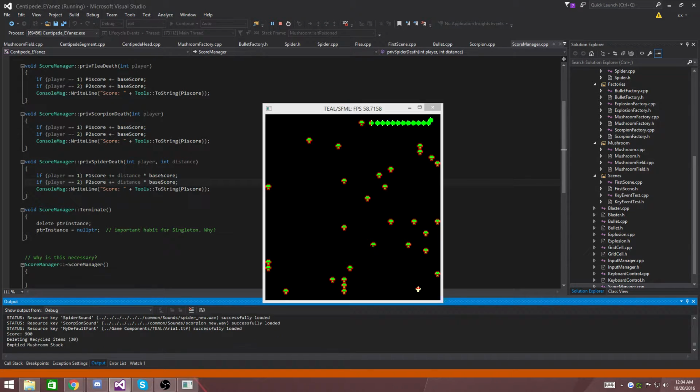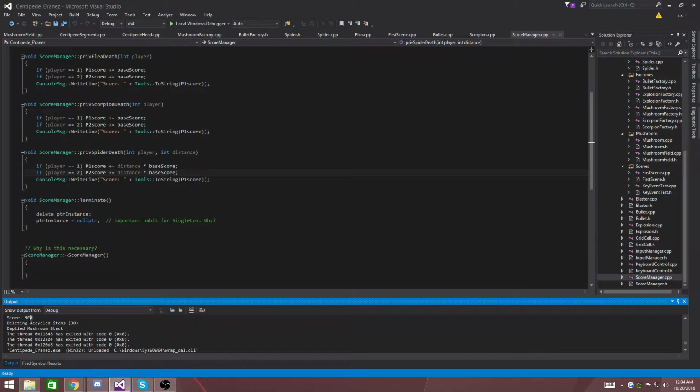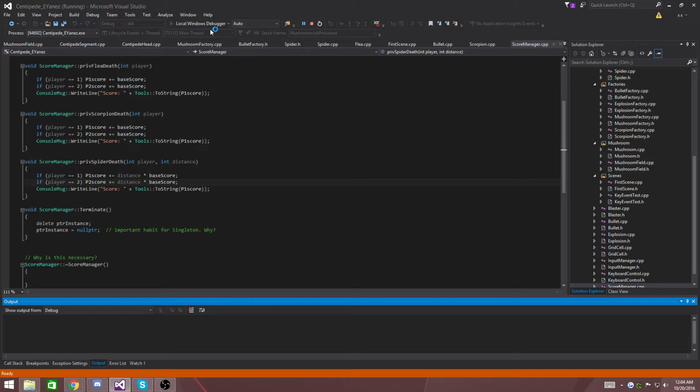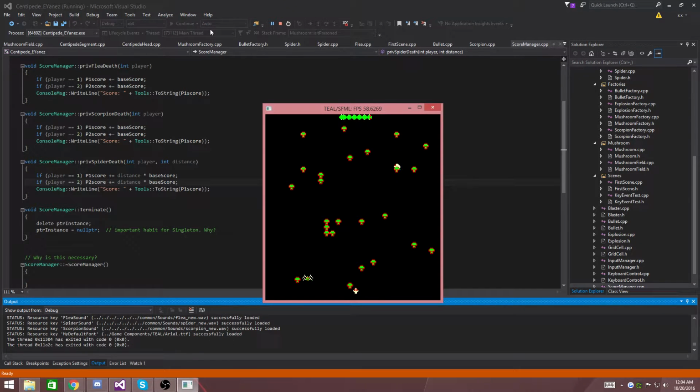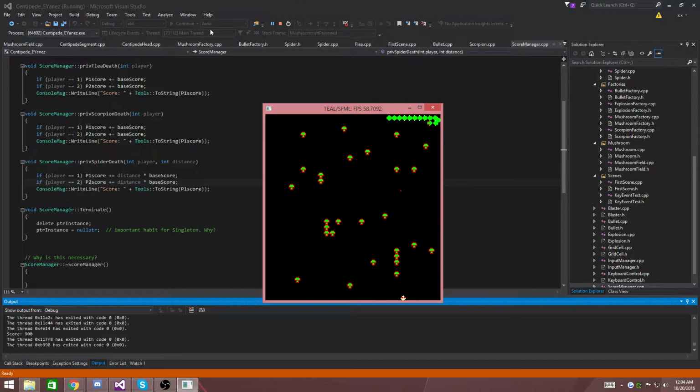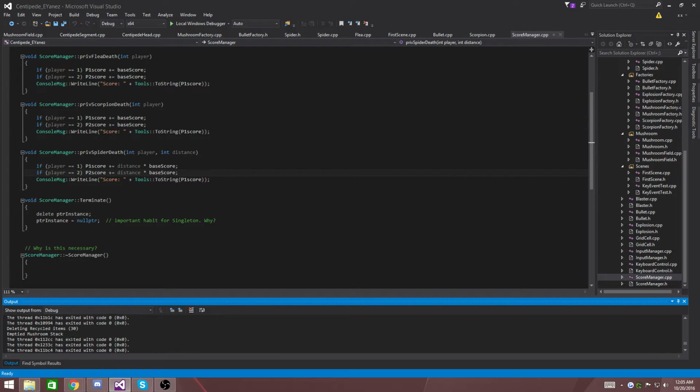So that was a close shot, so my score was 900. If I was farther, it would be 600, and then even farther would be 300. So I'll demonstrate the same thing with the flea, just to see that the score does in fact change. So there the flea died too, so it was 900 plus the 100 from the flea, so it's 1000,